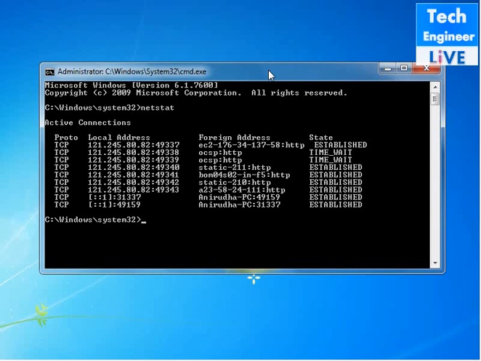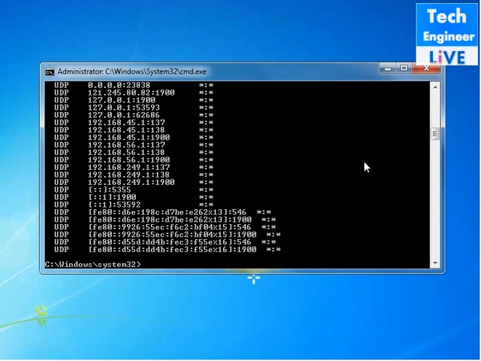Lots of IPs try to connect, with the protocol TCP, and some addresses are established and others are waiting. You can see lots of connections established, but with different IPs, and two of them are waiting to establish. And next,